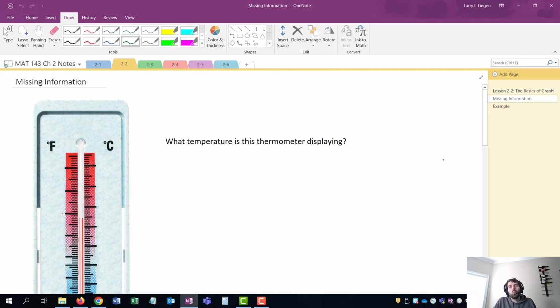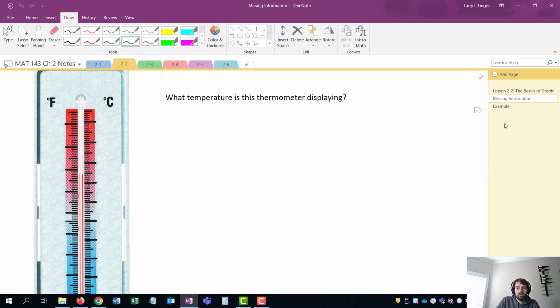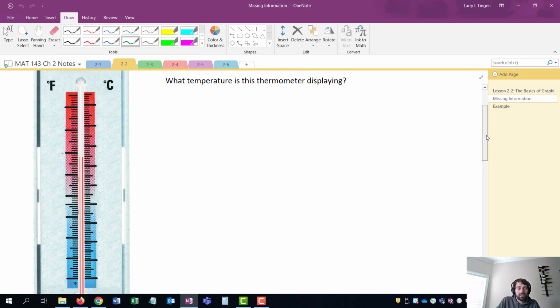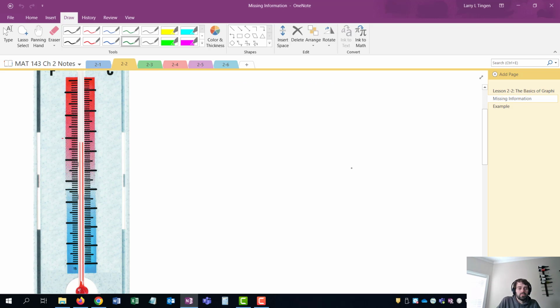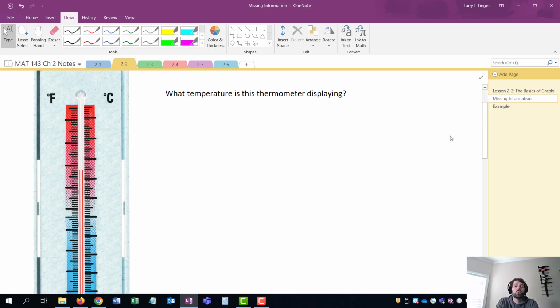Now, I talked about the scale, the axis. Why do we need it? Here's an example. What temperature is this thermometer reading? All right. So right now, I have no idea. I don't know why this is here. It's not meant to be any label, but that's the problem. I don't know the temperature because the scale is not labeled,